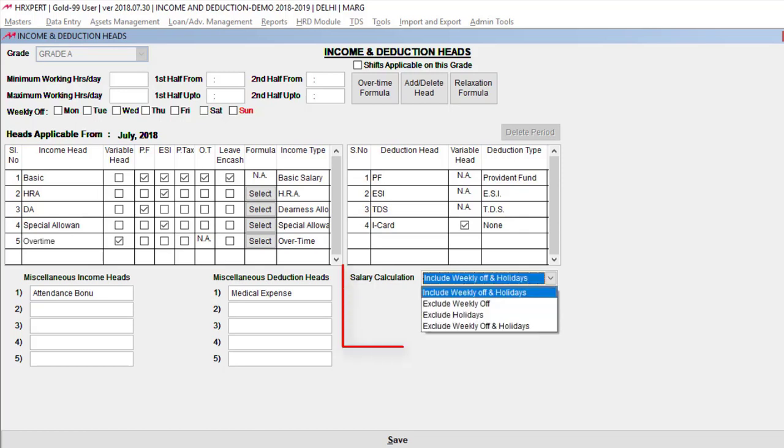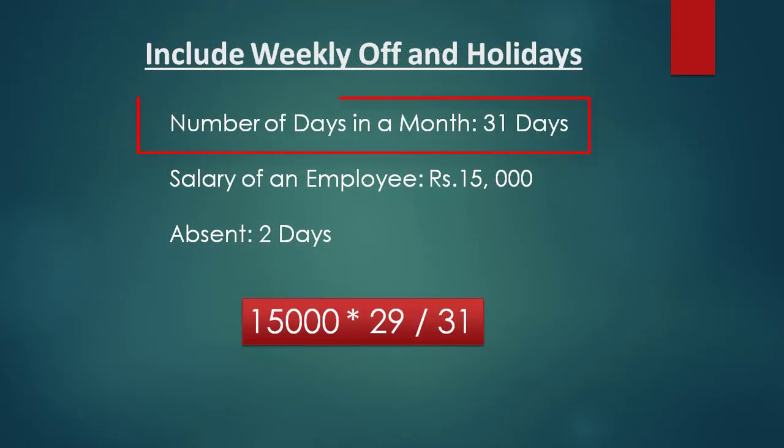After this, next is salary calculation, and here you can calculate salary in 4 ways. First is include weekly off and holidays. Now suppose there are 31 days in a month and the employee whose salary is 15,000 is absent for 2 days, and you want to calculate their salary on the basis of weekly off and holidays. So let's see how the software will calculate it.